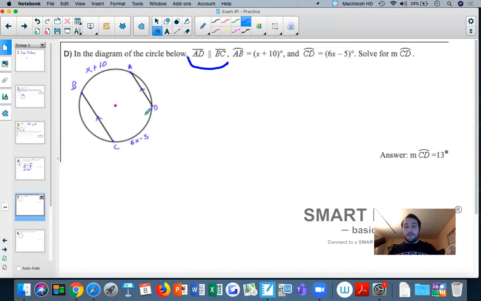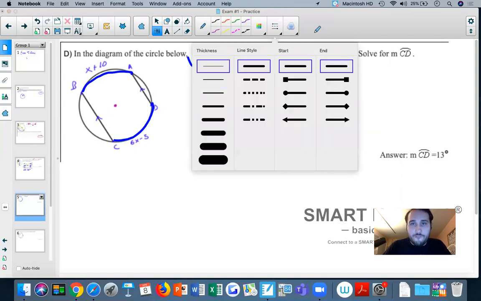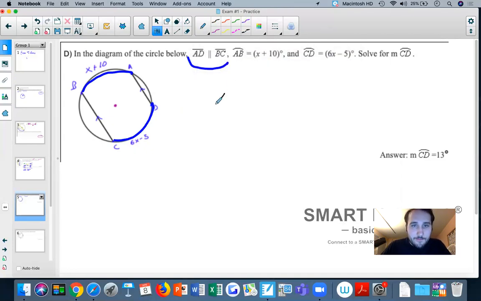When chords are parallel, the arcs that they intersect, so that means this arc and this arc, right? It's like the piece that they cut off, they're congruent. And if you forget that, if you're like, I forgot what happens with parallel chords, just look at the picture. The picture kind of actually just shows that they look the same. Anyway, so that means we know the following, that x plus 10 is equal to 6x minus